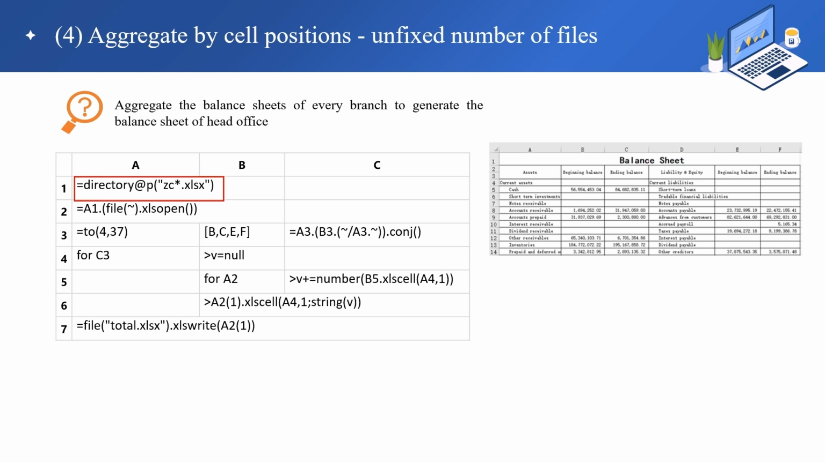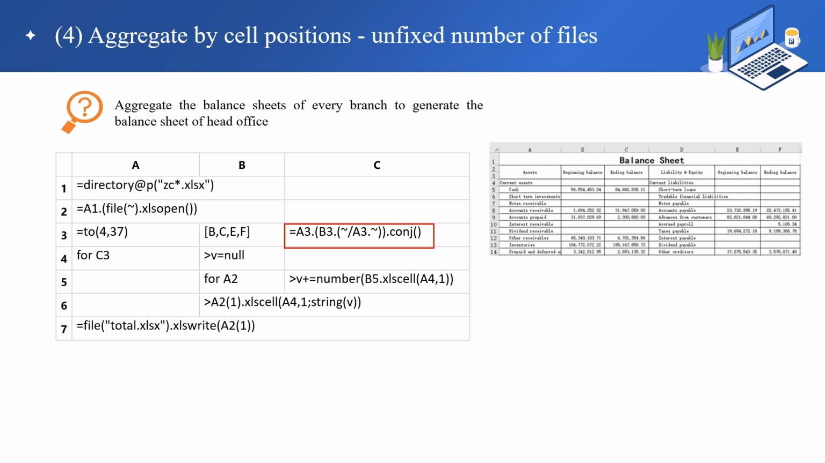A1. List all the to-be aggregated balance sheets whose file names begin with ZC in the folder, and the P option means to list the full path of the file. A2. Open the files listed in A1 as Excel objects. A3. Specify the row number range of to-be aggregated numeric cells, which is 4 to 37. B3. Specify the column numbers of to-be aggregated numeric cells, which are B, C, E, and F. C3. Spell out the names of all to-be aggregated numeric cells using the row numbers in A3 and column numbers